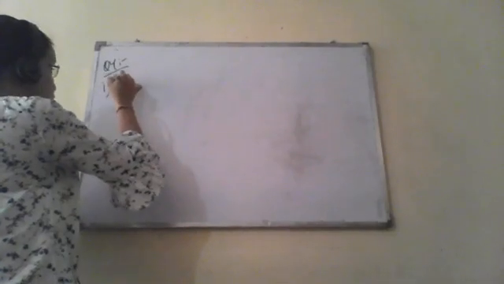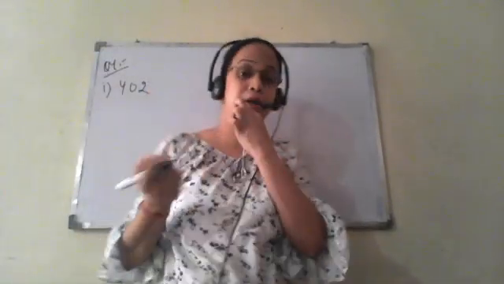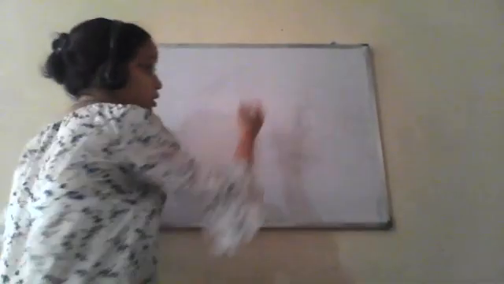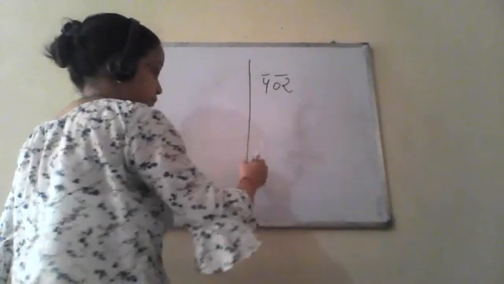Okay. So question number 4 says: find the least number which should be subtracted from each of the following numbers so as to get a perfect square, and also find the square root of the perfect square so obtained. So first part, we have to find the smallest number which should be subtracted from the given number in order to make it a perfect square. So we have to find the square root by the long division method first.